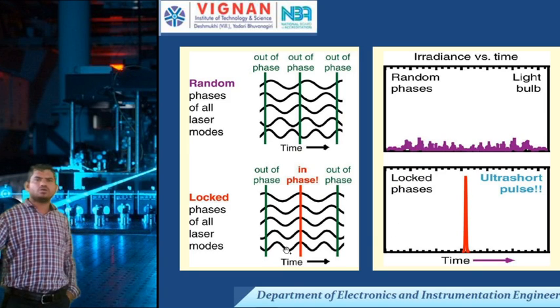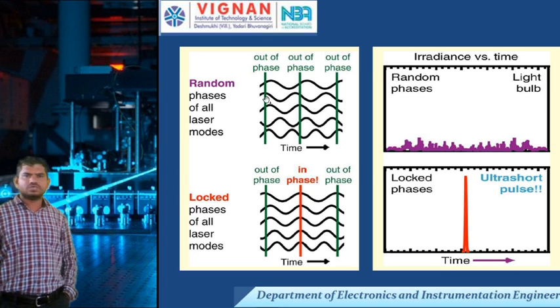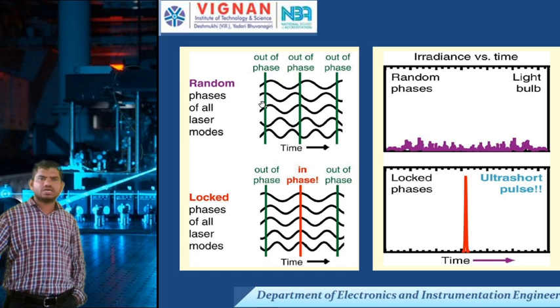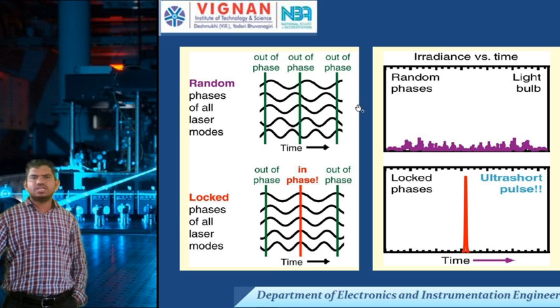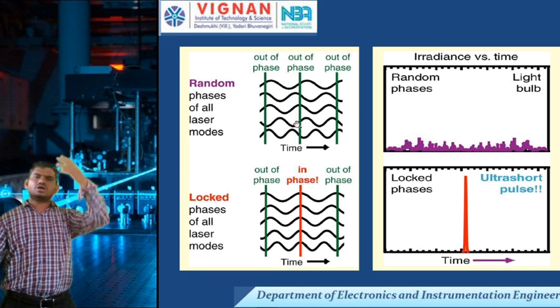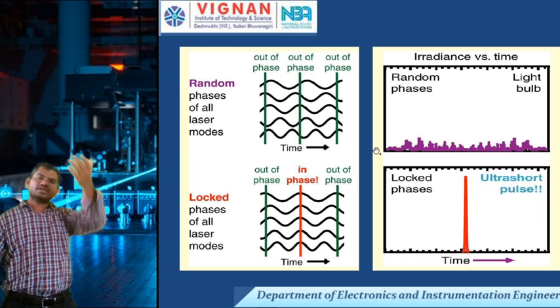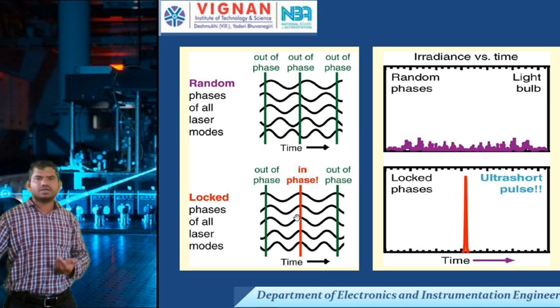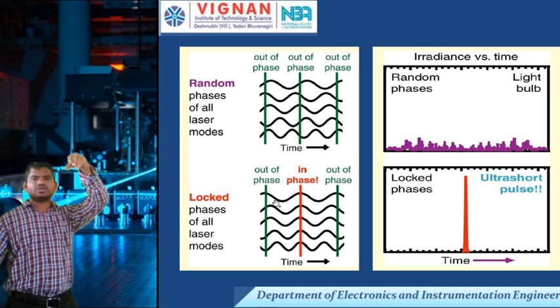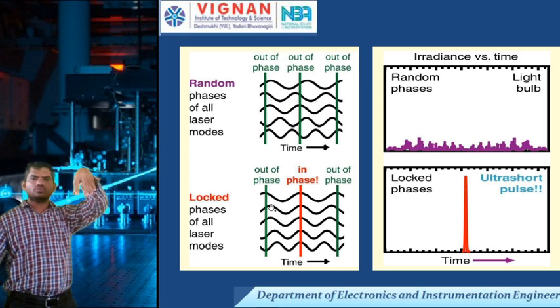See here: random waves, out of phase. These are all the waves. Each wave is a laser ray, and for each and every ray there is no relation. They are out of phase, there is no relation between them, that is, coherence is not there. Here, if we lock at a particular time, then